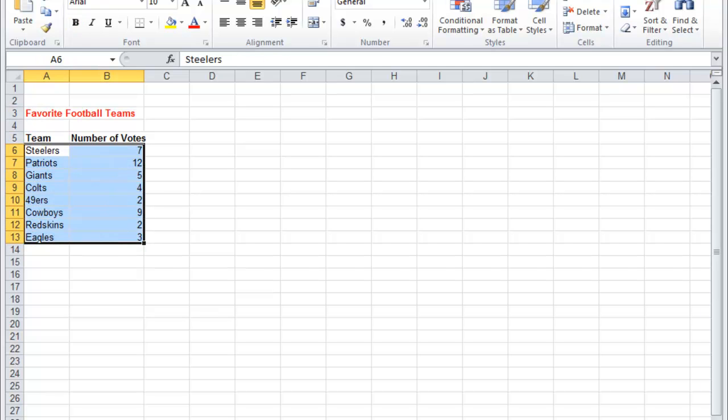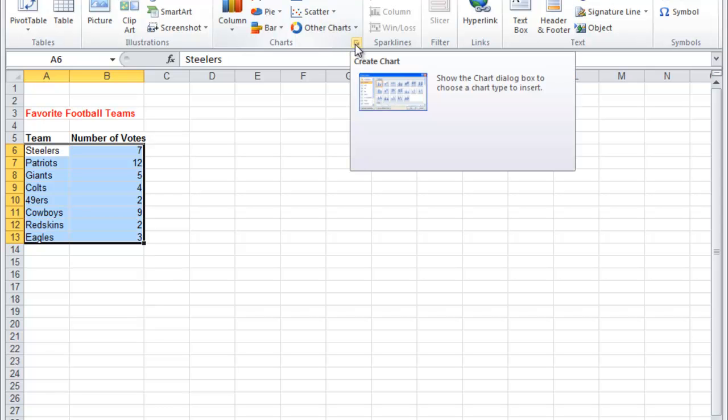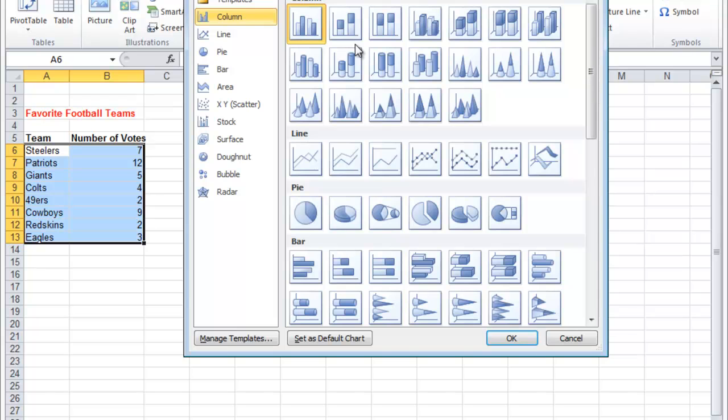You're then going to go up to Insert, and you're going to pick the chart or graph that you want. If you hit this little button in the corner, you'll get the whole list of types of charts and graphs. We're going to go with one of the more basic ones today, which is the column graph, side-by-side clustered. I'm going to click on it, hit OK,